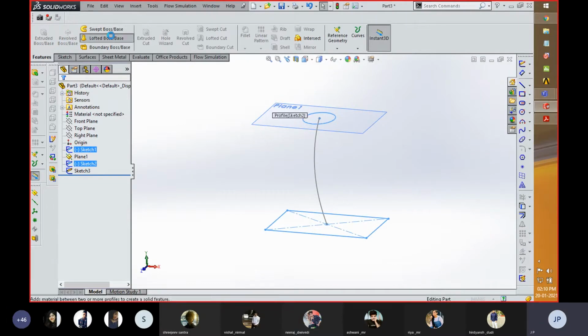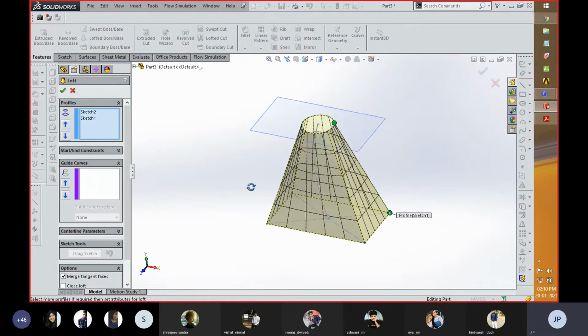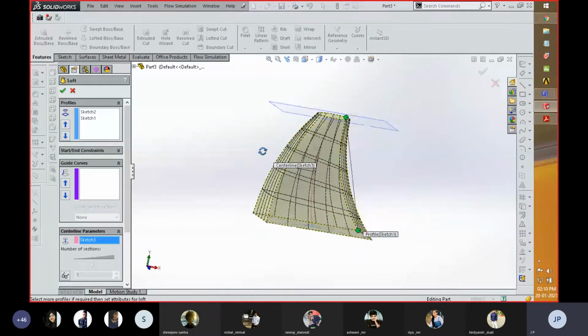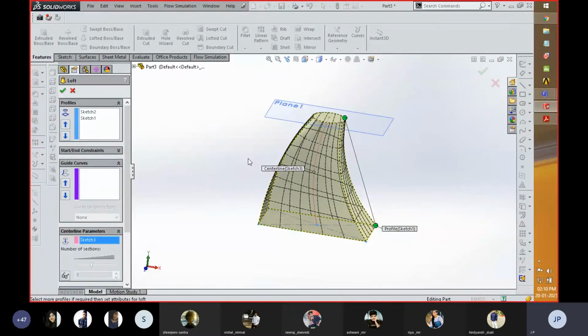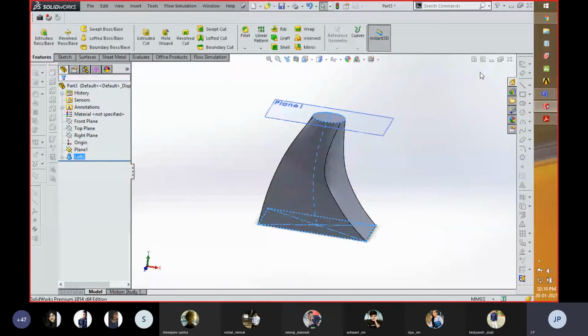After that, I'm going to click on lofted boss. Over here you can see that the two profiles are connected with the help of this lofted boss. And if somehow you want to control the center line, in such a manner you can change the shape of these two profiles which are following this path. Okay, and if you want to exit the sketch, you can click over here. Suppose the tangency which we gave in these two profiles is difficult to create, then this software doesn't allow you to exit the sketch module, which I am going to show you.